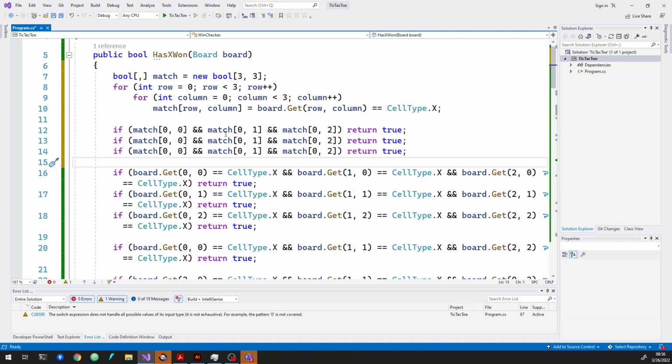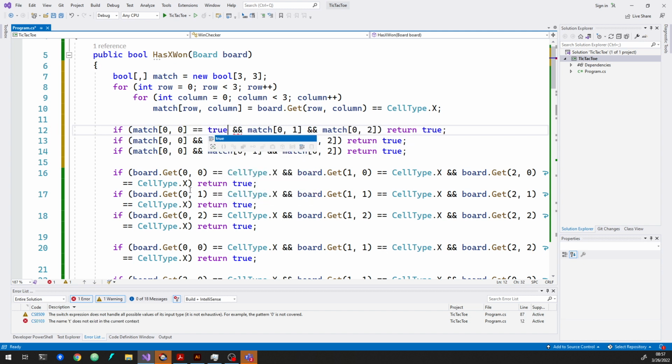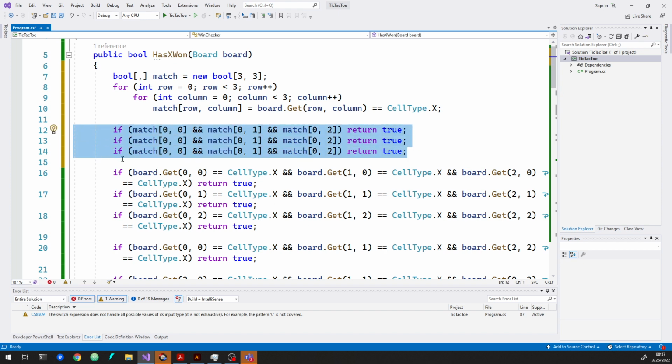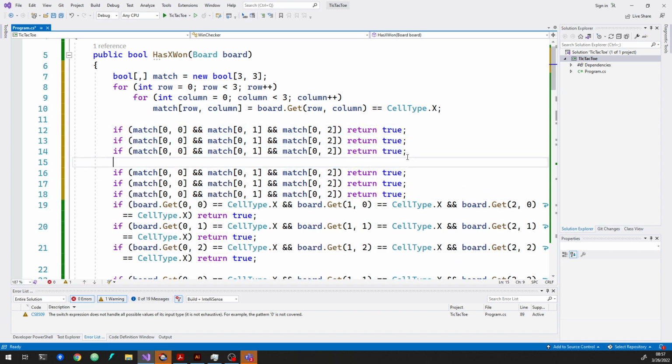It kind of breaks the problem into two steps. Step one says, tell me if I've got an X or not. And then once I know whether I've got X's or not, I'm just going to say, is this an X? Is this an X? Is this an X? And this could be equals true, could do that for all of them, but we don't need to because this will either be true or not. But I feel like this code is substantially